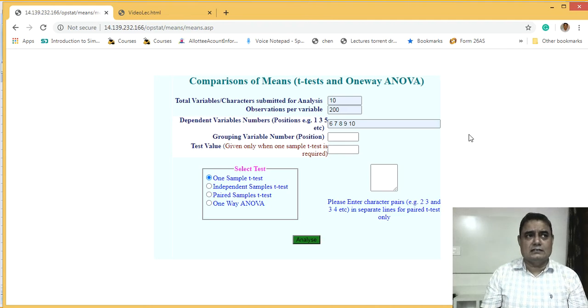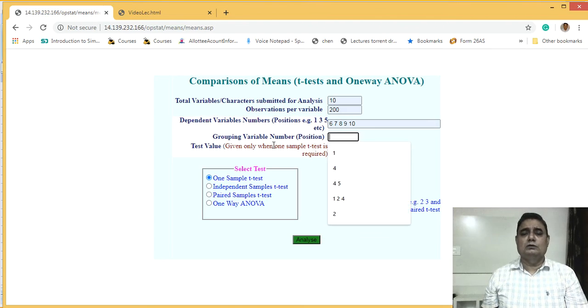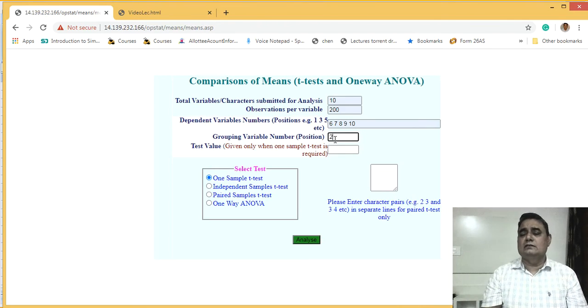Whether there is a significant difference between these groups. So I will give you the grouping variable number position. In the first case, my second variable, I want to perform the analysis of variance on the basis of the various groups formed by the races, use one-way ANOVA and analyze.